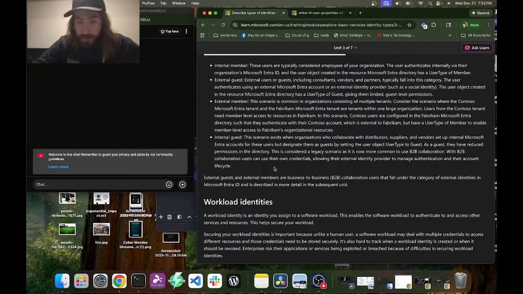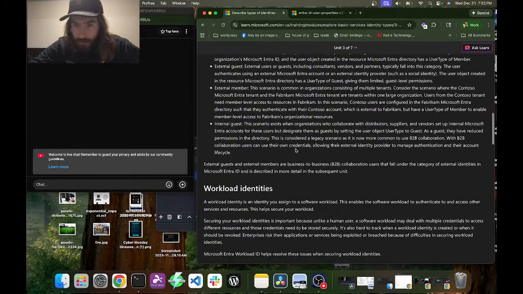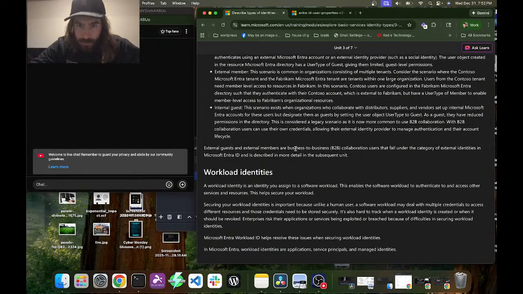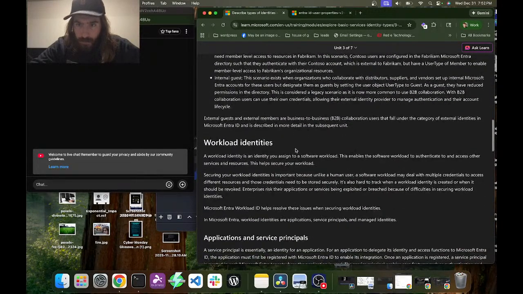This scenario exists when organizations who collaborate with distributors, suppliers, and vendors set up internal Microsoft Entra accounts for these users, but designate them as guests by setting the user object user type to guest. As a guest, they have reduced permissions in the directory. This is considered a legacy scenario as it is now more common to use business-to-business collaboration.